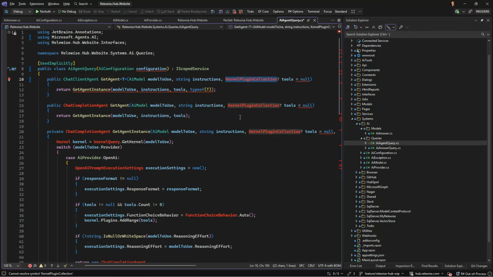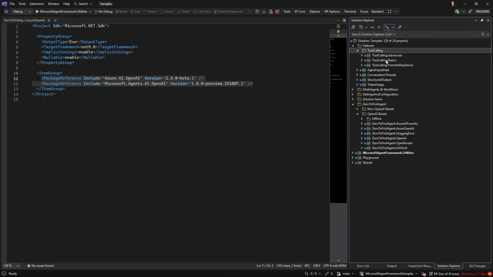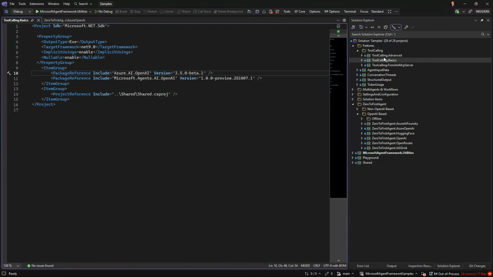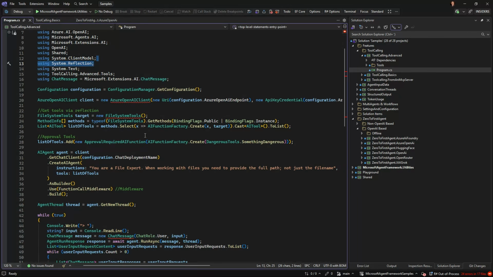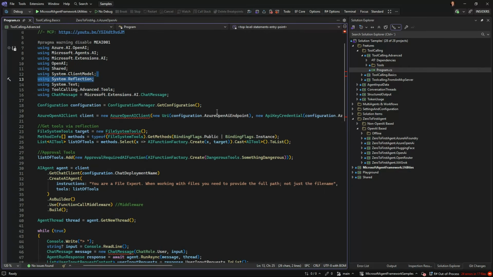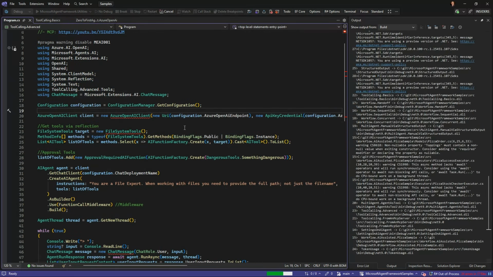And the tools, isn't that just called AI tools or something like that? Let's have a look. I haven't run this code ever, so let's quickly so it can run here.